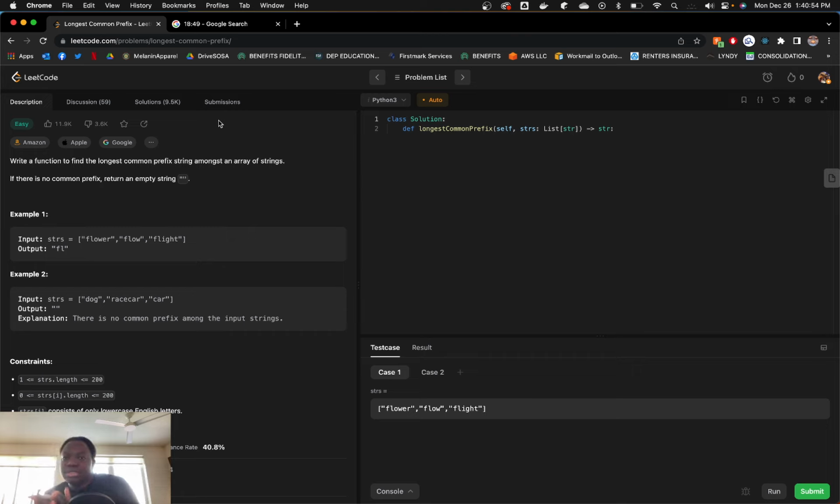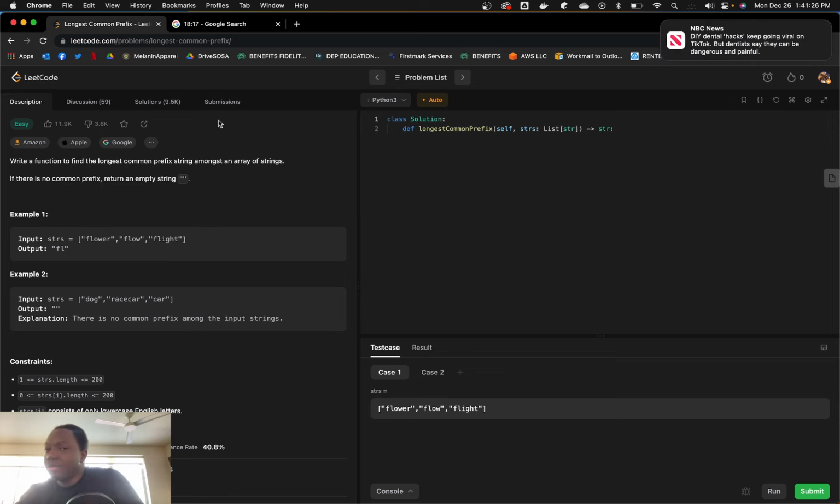So if we take the same slice from each word, so we just say like, okay, so we don't even have to initialize it, right? Because we have a pointer to start and end. So we can just say,